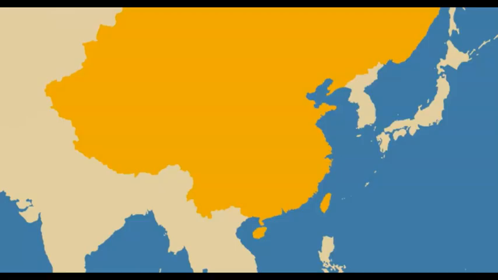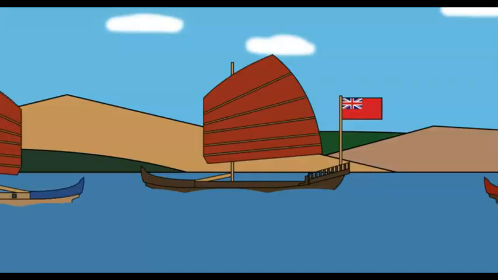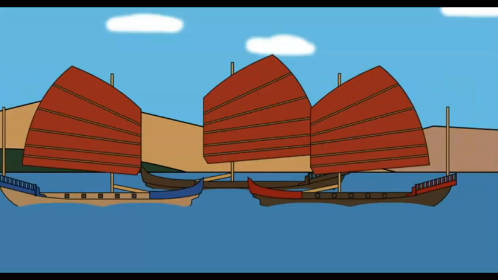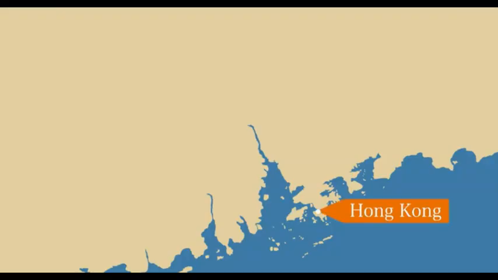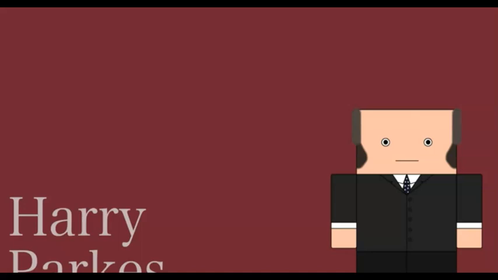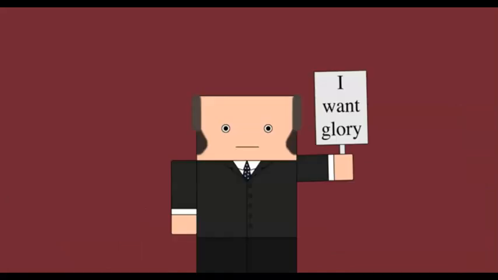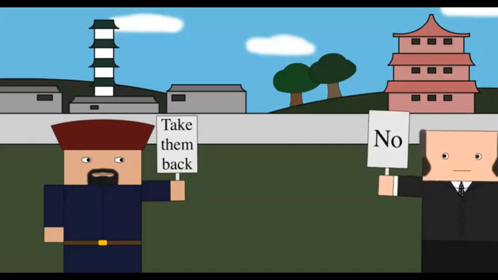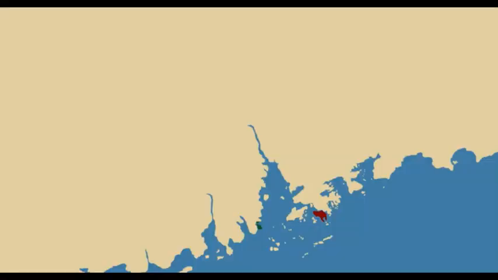In late 1856, the governor of Canton, Yi Ming-chen, impounded a Chinese-operated ship that he believed was committing piracy, or at least was working on behalf of the rebels. One problem though, the ship was registered in Hong Kong, now a British territory, and as a result the British were furious. Frankly, the British consul to China, Harry Parkes, was itching for another war there because he wanted to make a name for himself. Yi offered to give the sailors back, but Britain said no and sailed the Royal Navy up the Pearl River